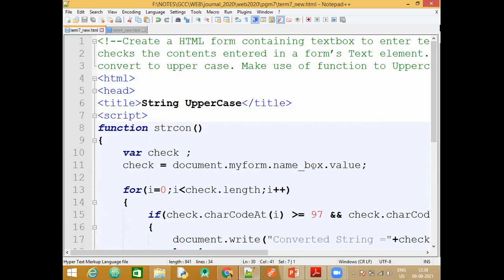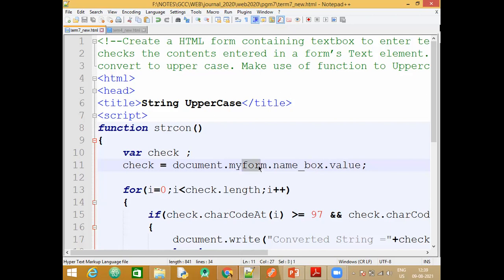Now another possibility: whenever we talk about JavaScript and HTML, your program may not have just one form. If you think of a larger instance, a particular page can have multiple forms. So what will you do then? One possible way is to go with the ID and give unique IDs to all the elements. Another way would be to fetch it with the help of the form names and the IDs.